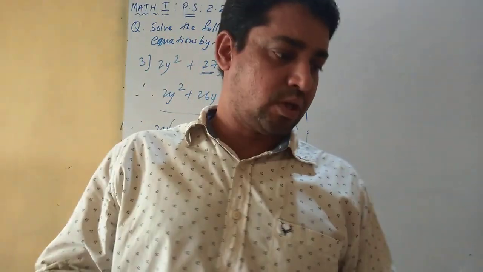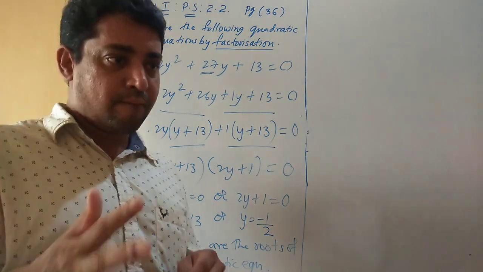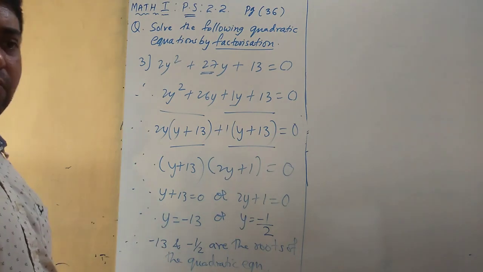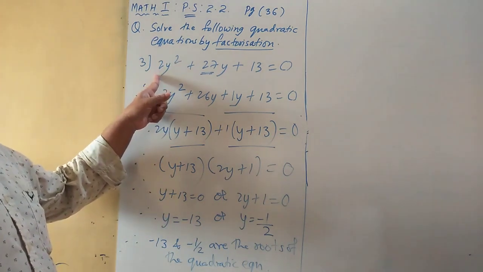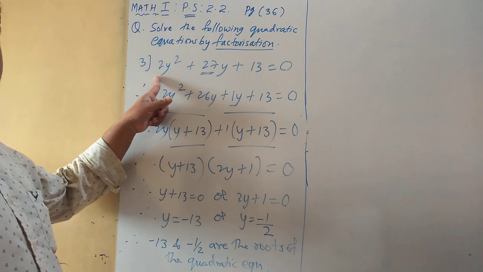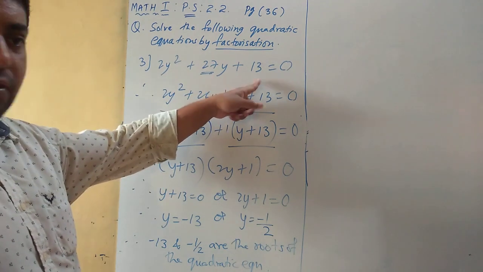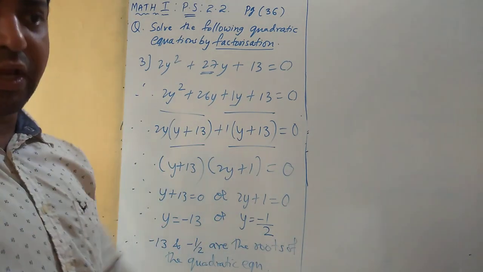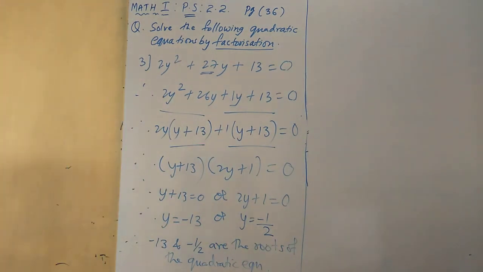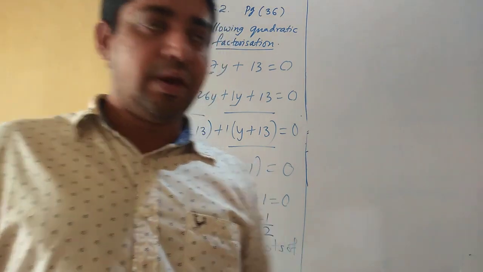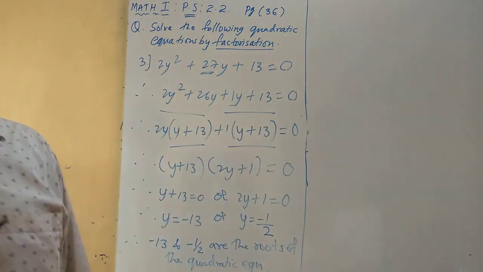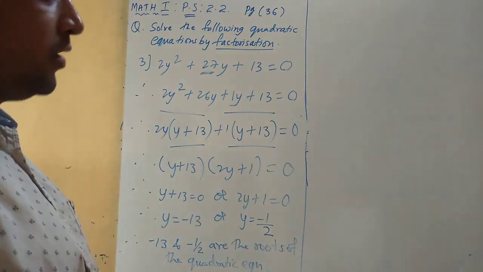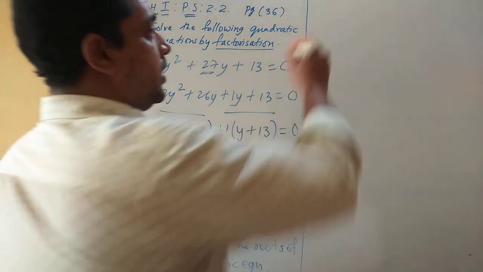We'll complete one more sum, and I'll take the fifth one now, because the fourth one is similar to this. The fourth one is exactly the same, having a coefficient more than 1 in the first term, and the third term, whatever number, splitting will be as it is. So the fourth sum is the same, so you take it as homework. I'll do the fifth one. Why? Because it is different. There we'll need an extra step. We'll need to take LCM. Let's see why. Okay. The fifth sum is a little different. So this might be the last sum for today.